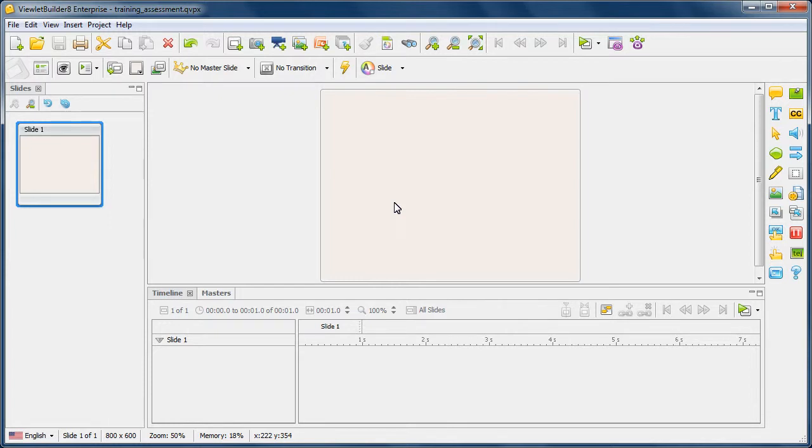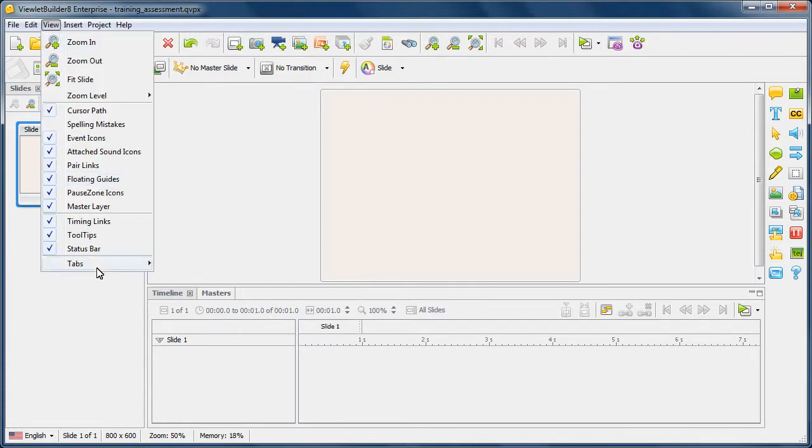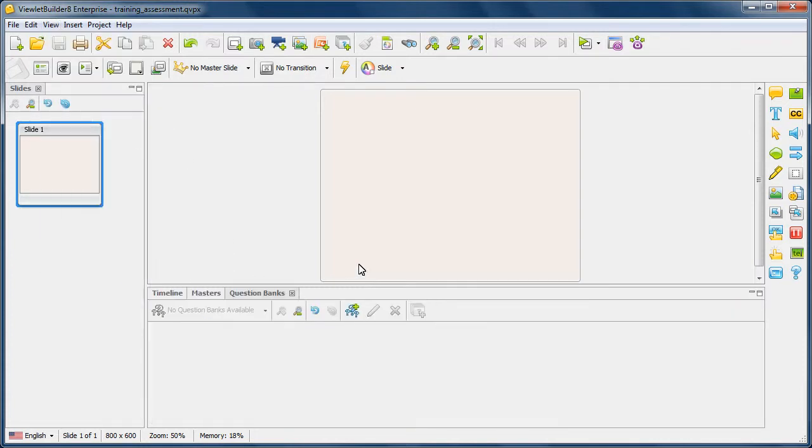In this video, let's take a look at the basics of creating question banks in our Viewlet project and then populating them with question slides. If you don't see your Question Banks tab loaded down here, go up to the View menu, select Tabs, and then select Question Banks. With the Question Banks tab selected, go ahead and click the icon to add a question